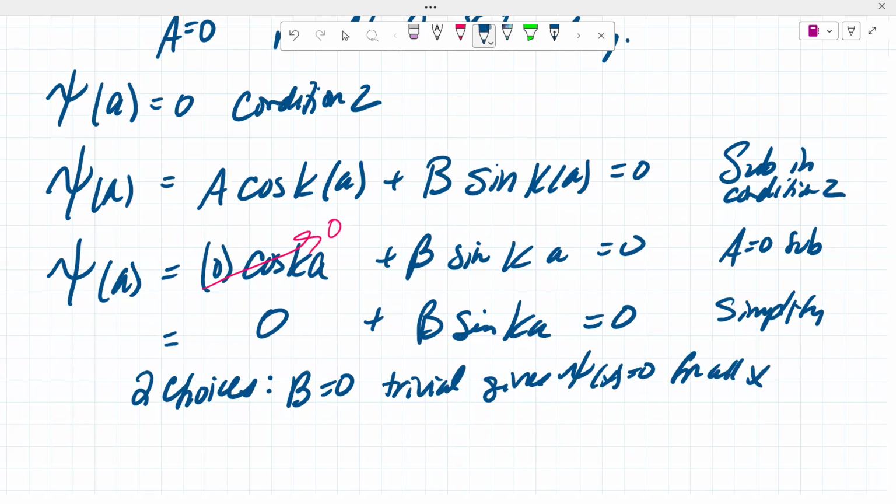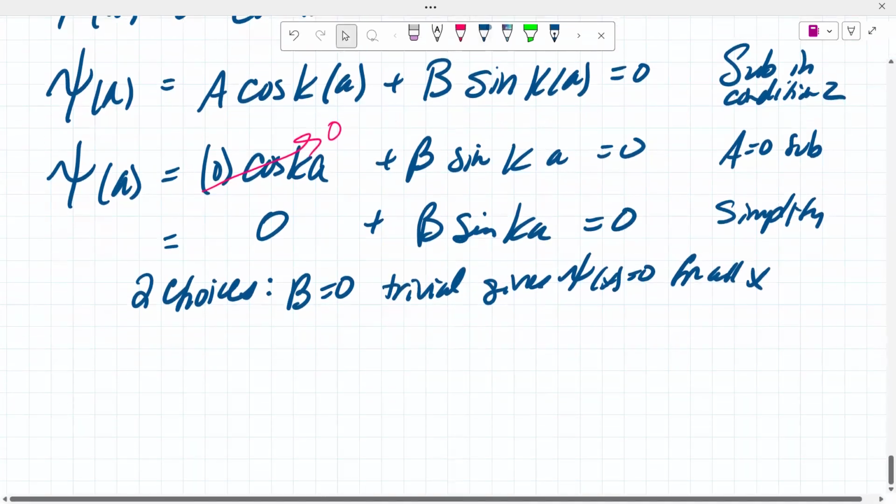It's really not interesting. So I guess that means there's like no particle in the box after all, because it's never anywhere. So yeah, that one's not that interesting. The particle's always in the boundary, which doesn't really make sense. Or